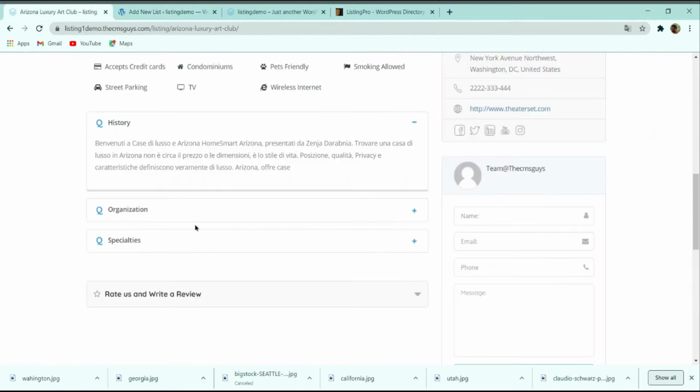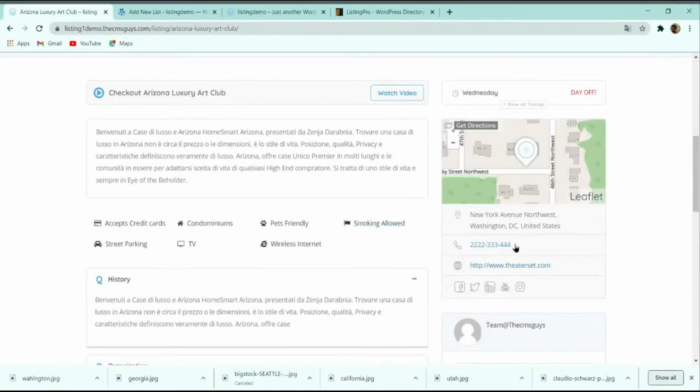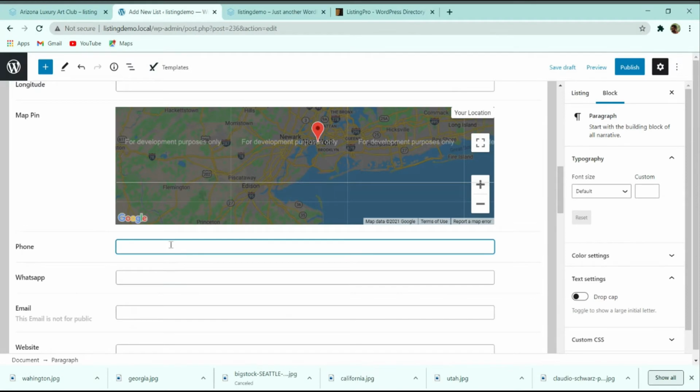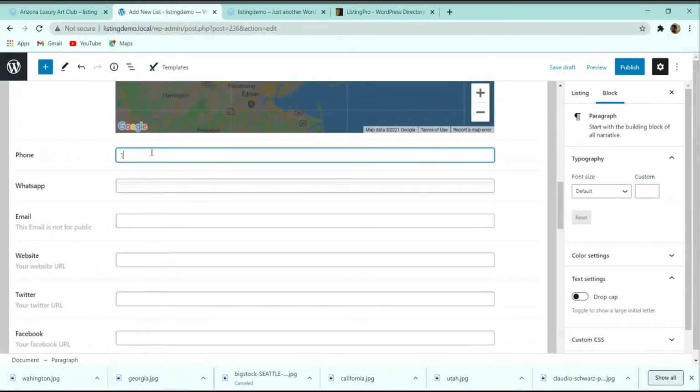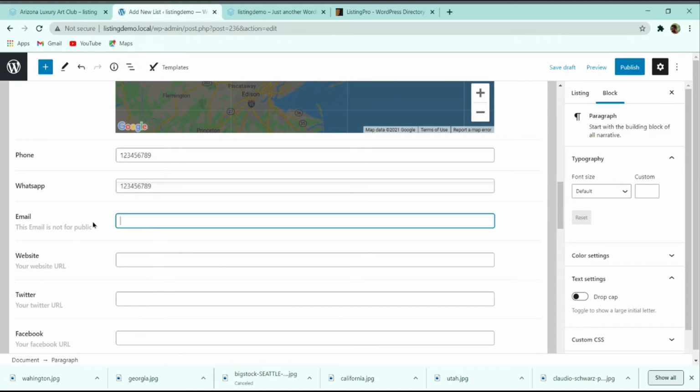So here you can see in this phone number part I can type 0123. So let me type phone number here. And similarly, if you want to give your WhatsApp number, then also you can type your WhatsApp number over here. And then email, the email is not for public, you only have to enter your email.